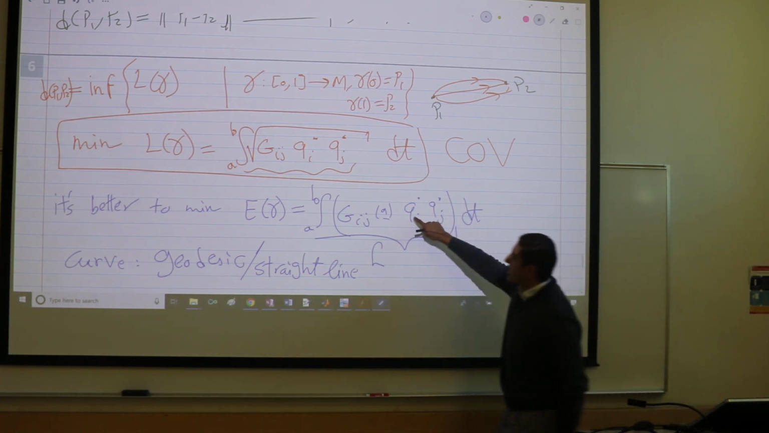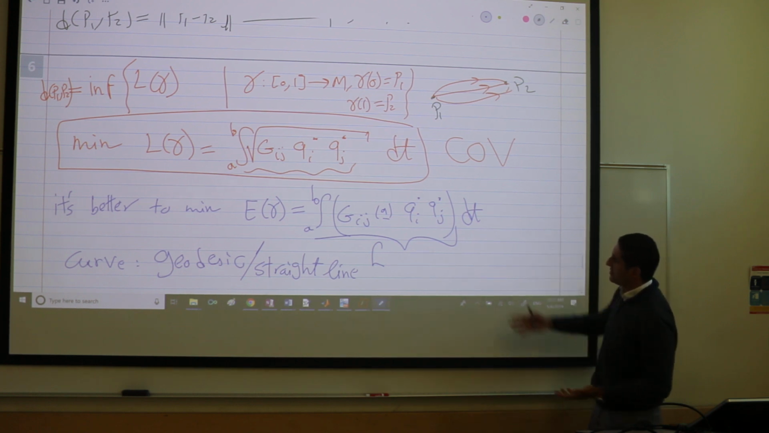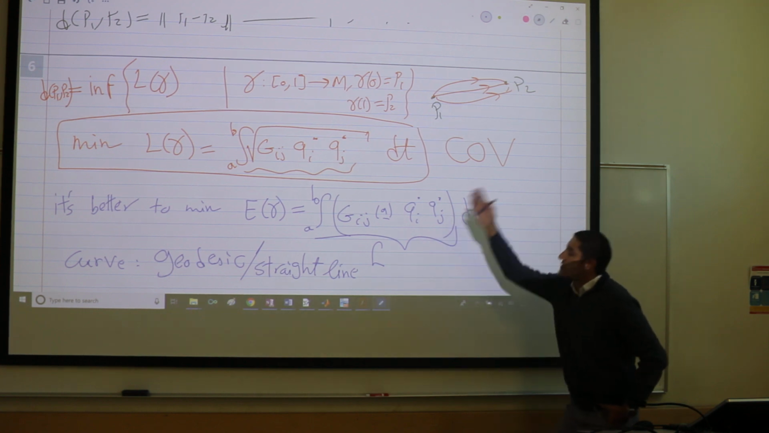The curve that results, this is a hard problem. It's calculus of variations, it's not always easy, right? Because I will solve this calculus of variations problem. The resulting gamma